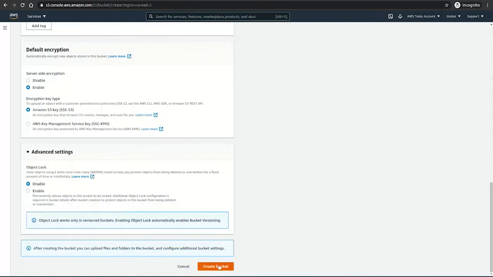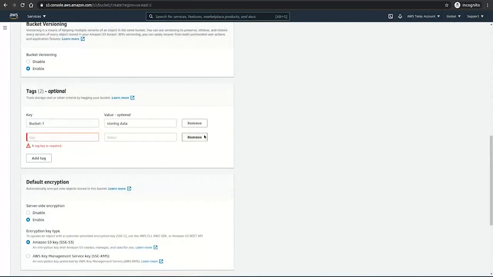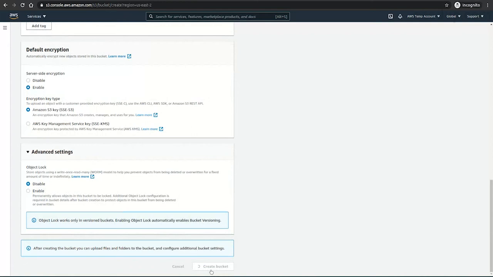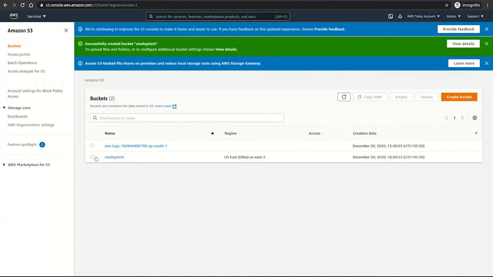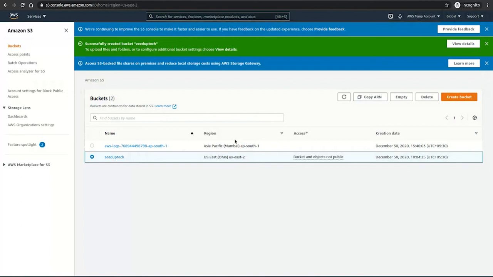I have not entered the key, and that is what is not allowing me. I'm going to click on create bucket, and now you will see within seconds there will be a bucket hosted for me already on AWS, which I will then be using for different storages. Now, if you see this, bucket and objects are not public because I had selected that block all public access. It is telling me that neither the object nor the bucket is public.